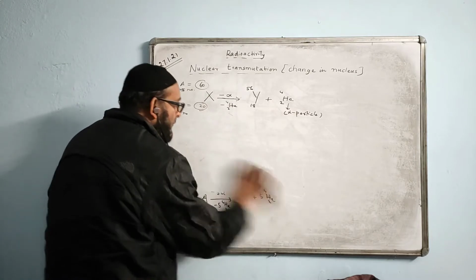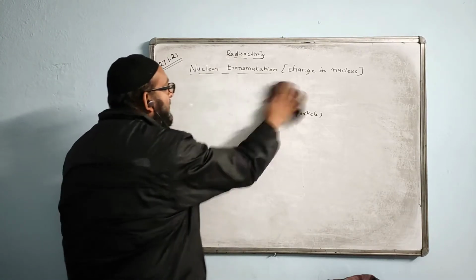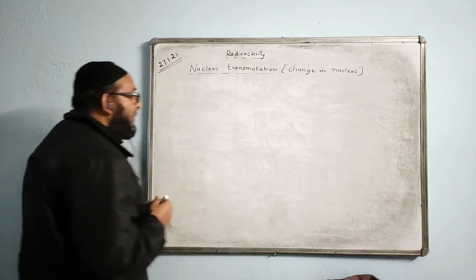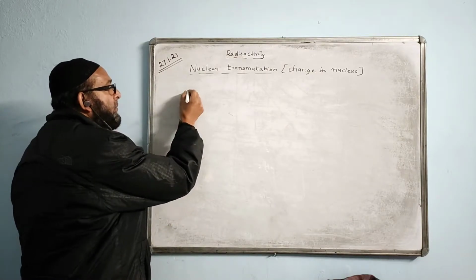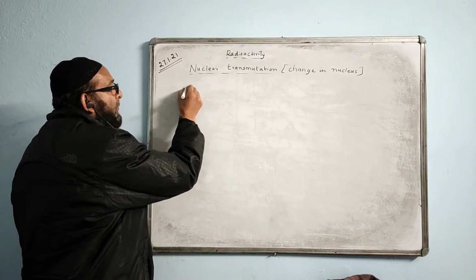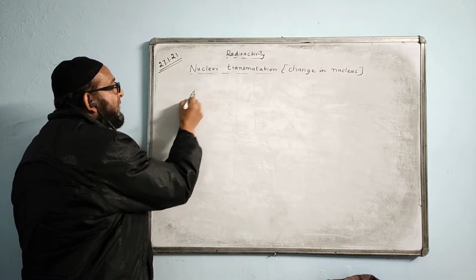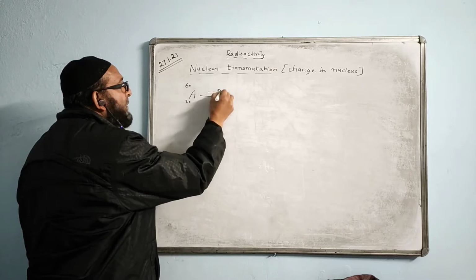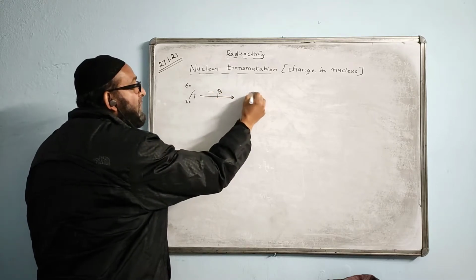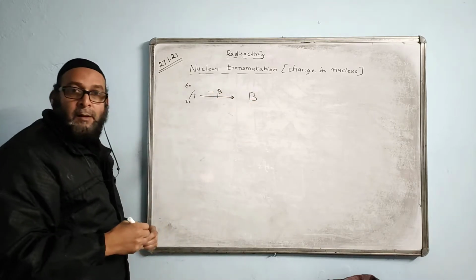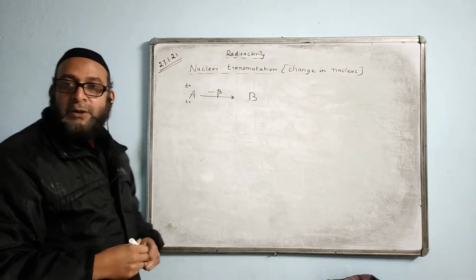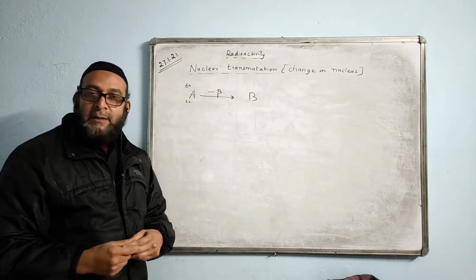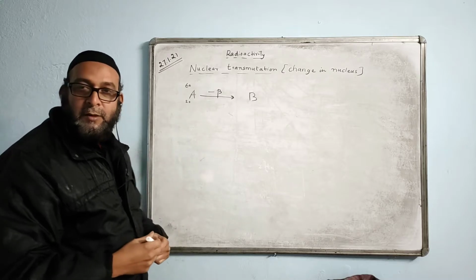Okay, now the other one is the beta particle. Suppose A is given with 20 and 60. Now the beta particle is emitted. Beta particle, minus beta. Now what change will the A nucleus undergo as it changes into B nucleus? And they are asking to write down the composition of the nucleus B when a beta particle is emitted. Let us see now what change will take place.